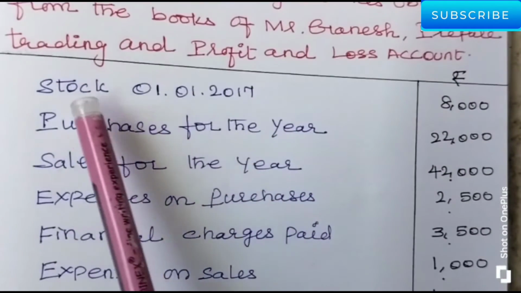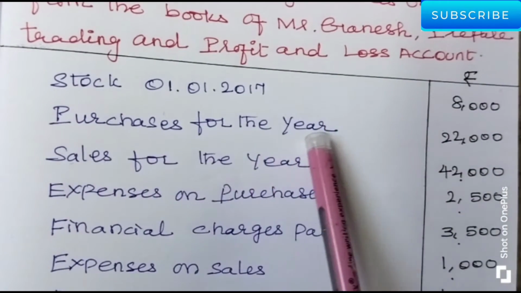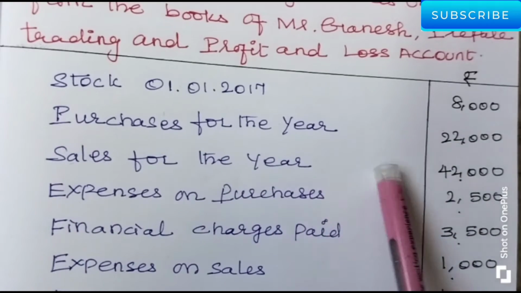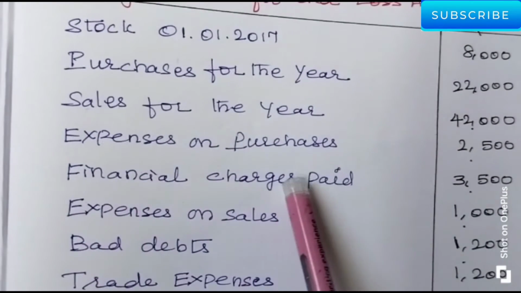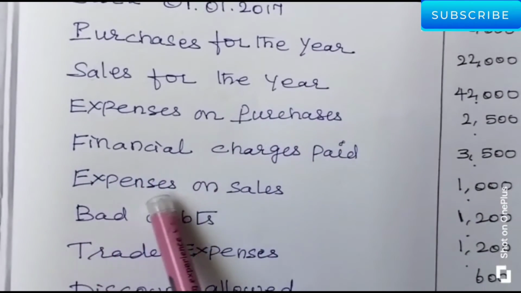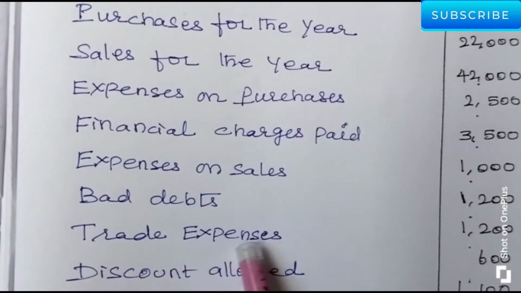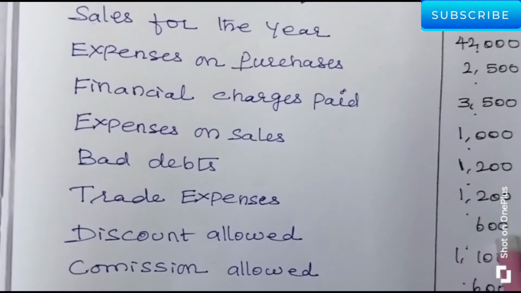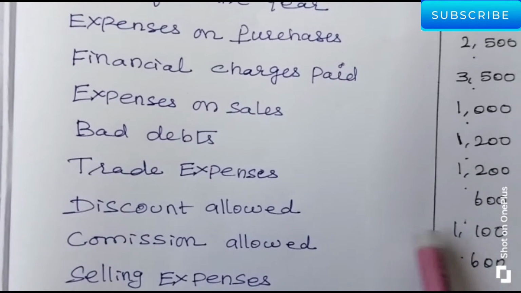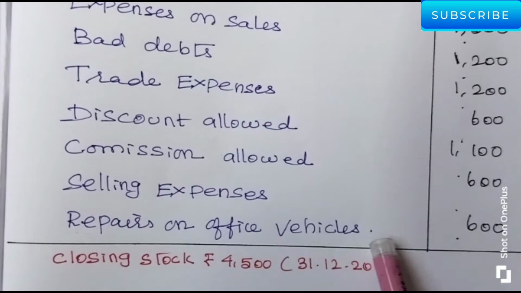Let's read the details. Stock on 1/1/2017 8,000, purchases for the year 22,000, sales for the year 42,000, expenses on purchases 2,500, financial charges paid 3,500, expenses on sales 1,000 rupees, bad debts 1,200, trade expenses 1,200, discount allowed 600, commission allowed 1,100, selling expenses 600, repairs on office vehicle 600, closing stock rupees 4,500,